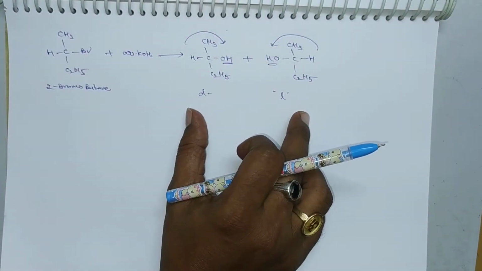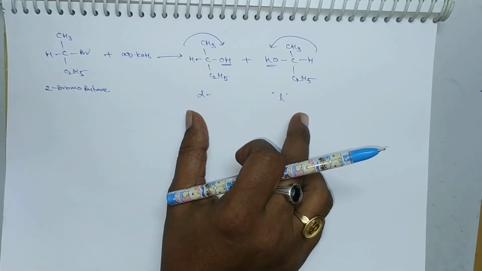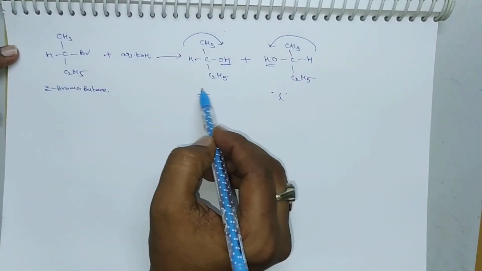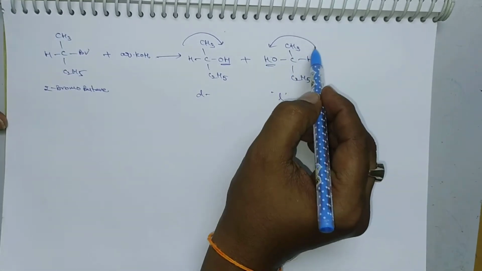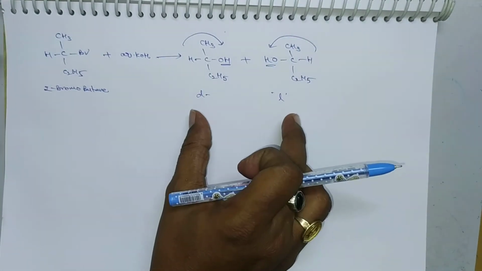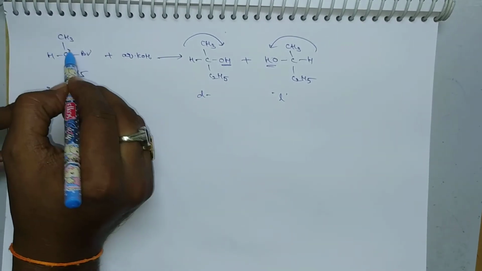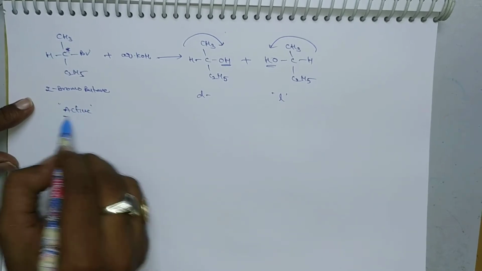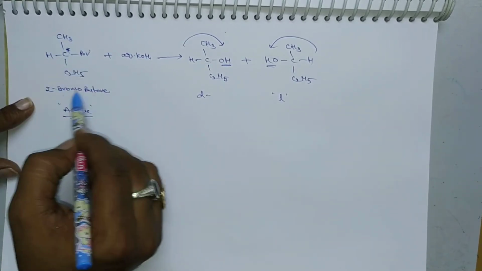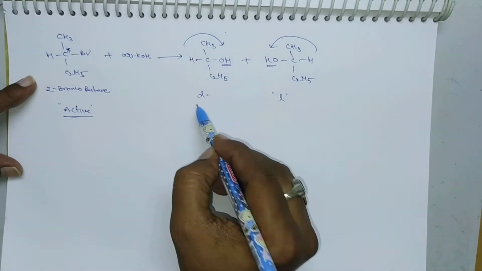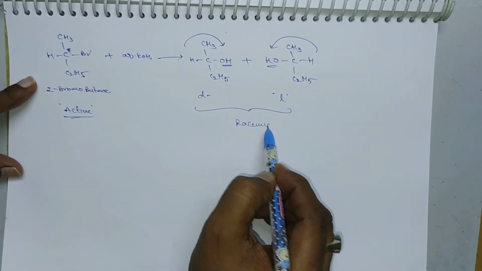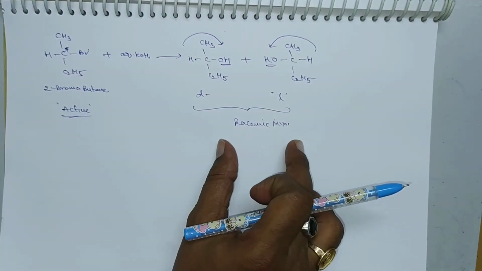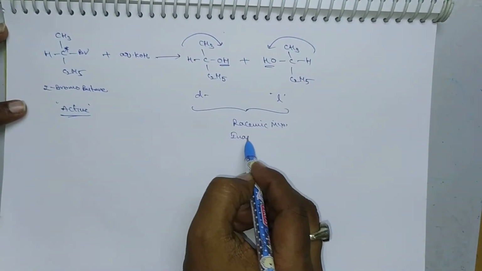This reaction proceeds through the SN1 mechanism, where the bromine is replaced by OH. Here it rotates in the clockwise direction, that is D, and here it rotates in the anti-clockwise direction, that is L. So the mixture of isomers is observed. Here it is a chiral carbon, so no doubt it is optically active. This is an optically active molecule since it consists of only one chiral carbon. This optically active molecule is converted into an optically inactive racemic mixture. This is an equimolar mixture of D and L isomers, so it is a racemic mixture. This is optically inactive.